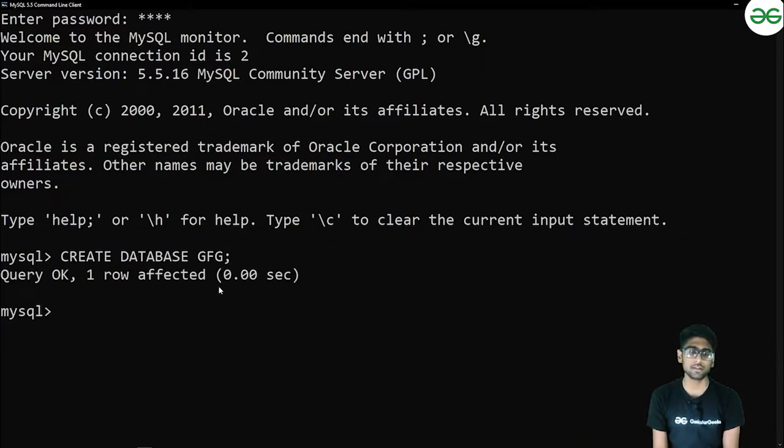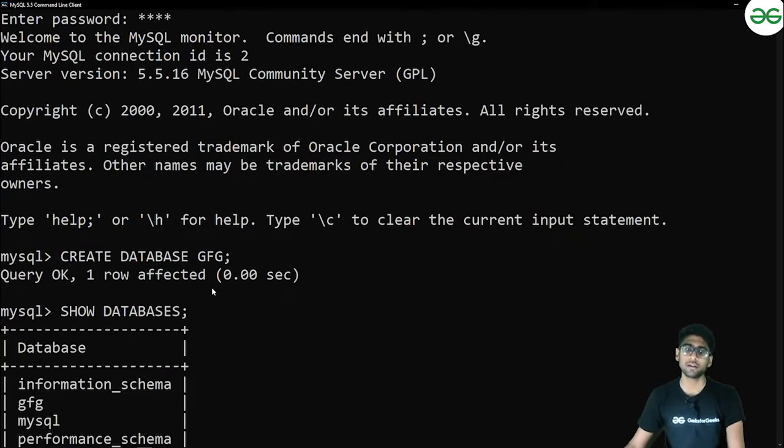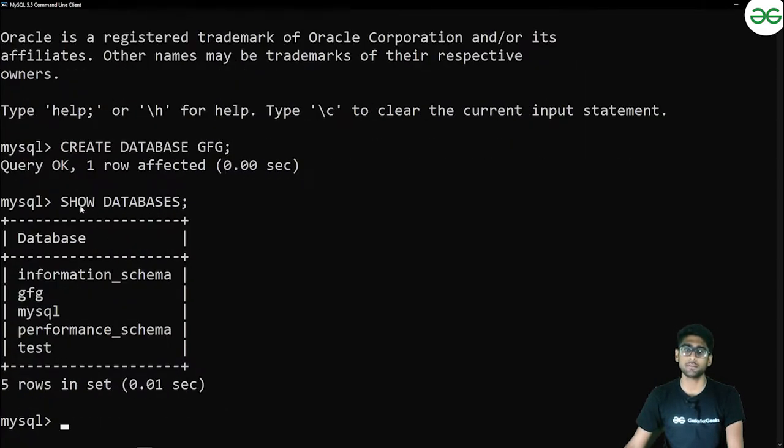Now how can you view whether this database has been created or not? For that you can use show databases. If you run this query, all of the databases will be available over here. Currently we have only 5 databases, but if the number increases and you have multiple databases,